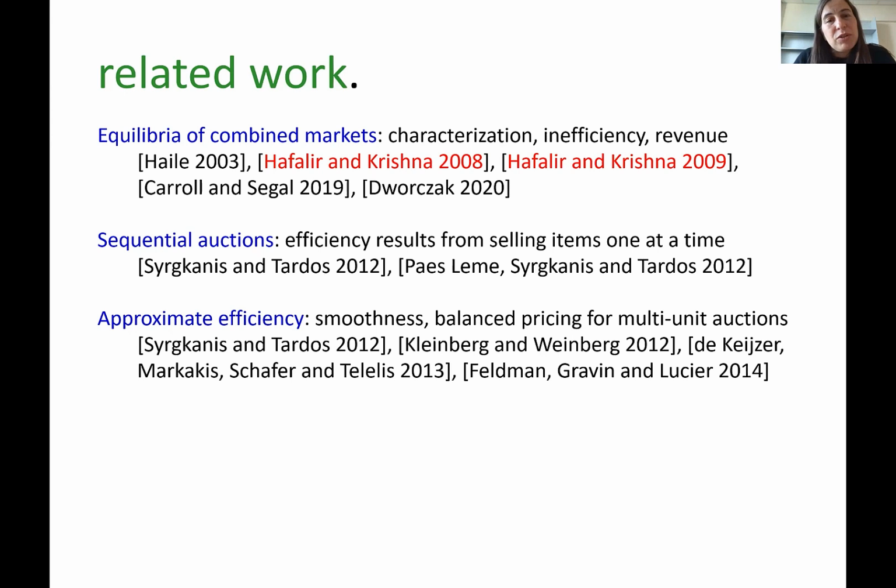In our paper, we're going to avoid the challenges of characterizing equilibria by simply bounding properties of the equilibria that are sufficient to conclude things about the efficiency. So we're going to be able to bound the efficiency of the equilibria without even understanding what the equilibrium is. So that's the most relevant related work. There's also been a lot of work, largely in the CS literature, on sequential auctions and on using these kinds of techniques that I'm referring to, to make conclusions about approximate efficiency of auction formats. You can look into the paper for more details on that.